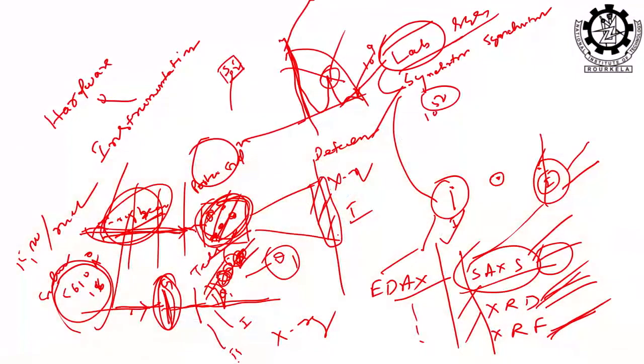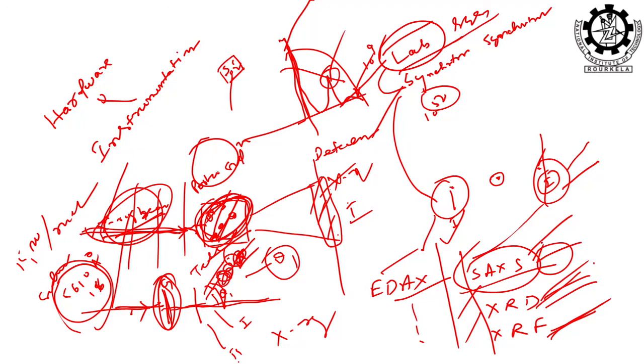Unless the X-ray photons are interacting with the sample, there is no scattering, no diffraction. So, the path of the X-ray beam is well defined, then you put your sample on the path, then you select whether you will go for diffraction or scattering, and again small angle or wide angle, right. Accordingly the windows are defined, beam lines are defined. This window is meant for only small angle, this window is only meant for wide angle, this window is only meant for XRF, like that it is well defined.